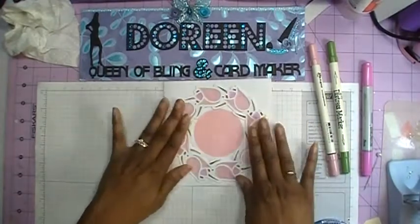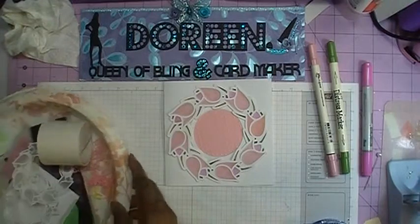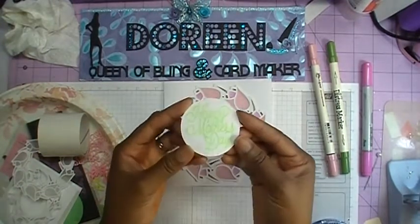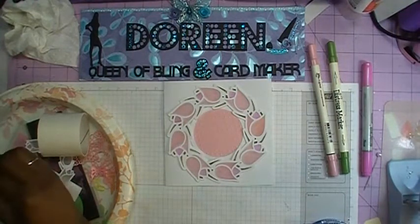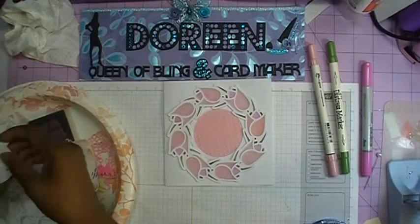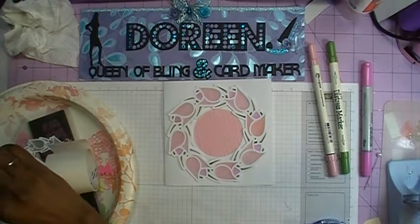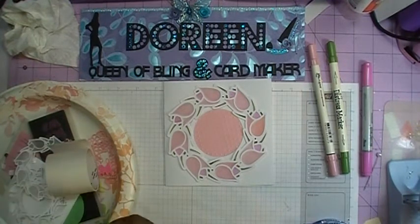So let's finish adding our embellishments on the card. What I've done is I've also popped my centerpiece up with the Happy Mother's Day, and that's going to go right there. So let's go ahead and take the tape backing off of those, and we'll add those to the card. Really putting this card together is really simple. It's just actually laying it out on the mat and getting it the way you want, because when I cut it the first time,